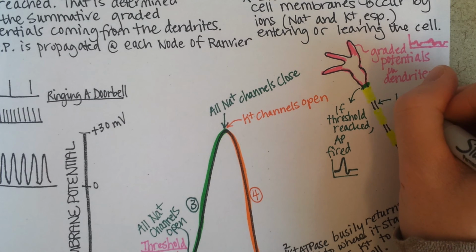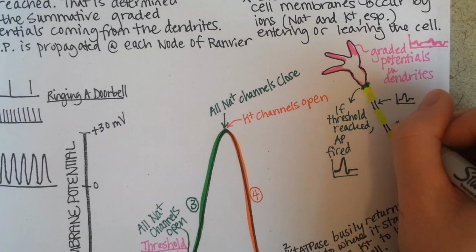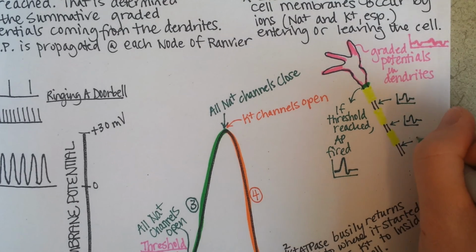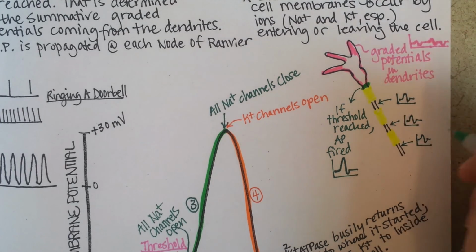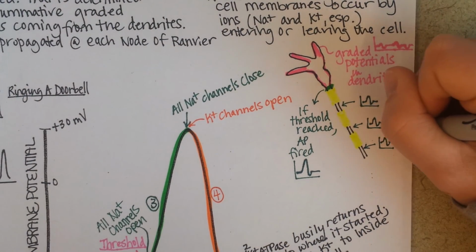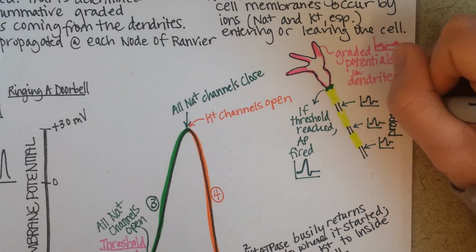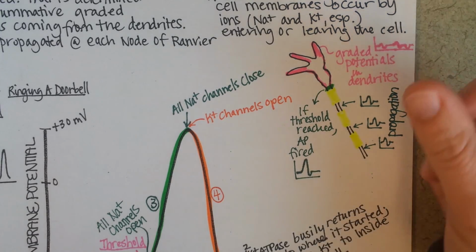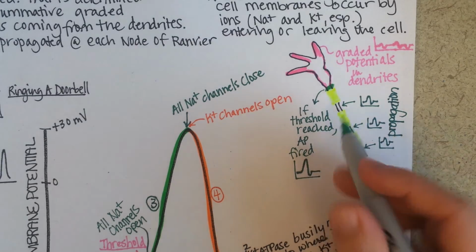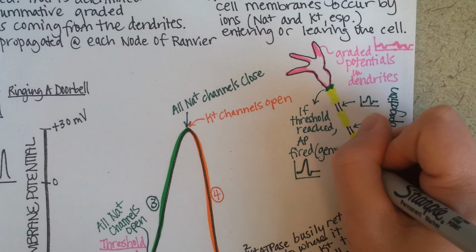It has to happen all over again. And that is propagation. You could write, maybe you can write that sideways. Propagation. And instead of fired, maybe generated. You could write up